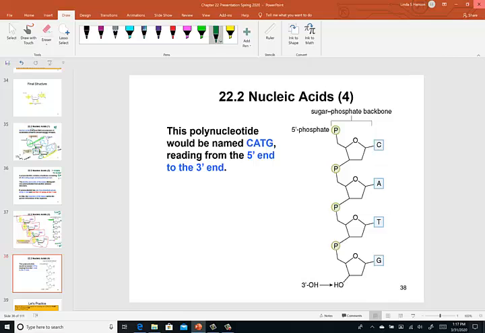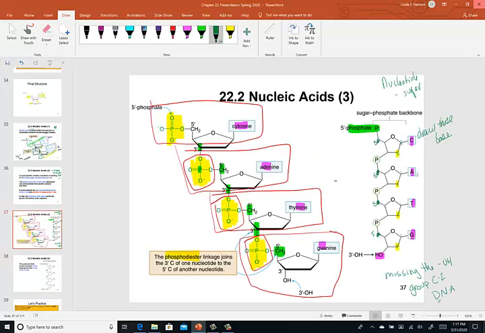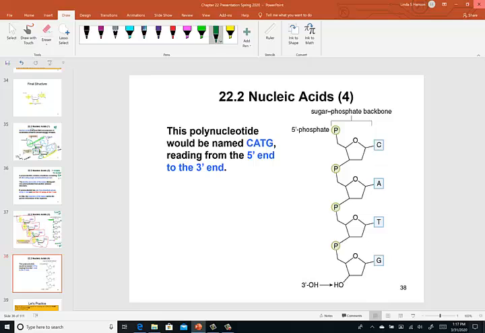Oh, is that the same CATG? Yep, it is. Okay, so how would we name this? It asks us what's the name of this polynucleotide. How we do this is start at the top at the 5' end, and you read down towards the 3' end, and you just simply list the bases in order. So we would simply name this polynucleotide as